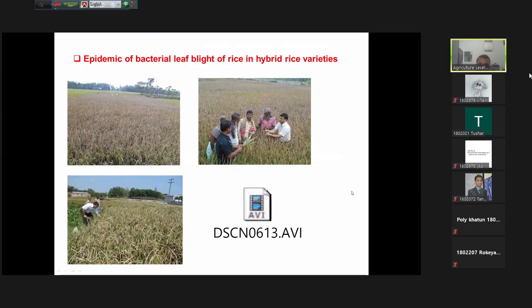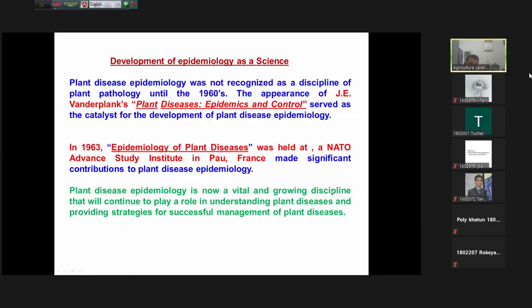And in the recent years, especially in 2015-16, at that time we had a survey, we surveyed all over Bangladesh and we found the epidemic development of a plant disease, bacterial blight of rice. হয় তোমাদের জানার কথা, যিনি রাইস ডিজিজ করাইছেন উনি করাইছেন, caused by Xanthomonas oryzae pv. oryzae. আমরা দেখেছি যে হাইব্রিডগুলিতে খুব সিভিয়ার আকার ধারণ করে। এটি একটি ইম্পর্টেন্ট, এটাও আমরা দেখছি যে রিসেন্ট ইয়ারগুলিতে এটা হয়। আমি শুধু এই স্লাইডটাতে এক কথায় বলবো, এটা আমরা মাস্টার ডিগ্রিতে ইন ডিটেইল পড়াই।